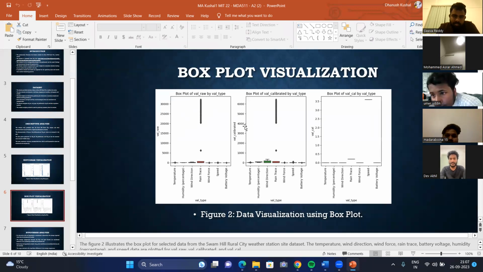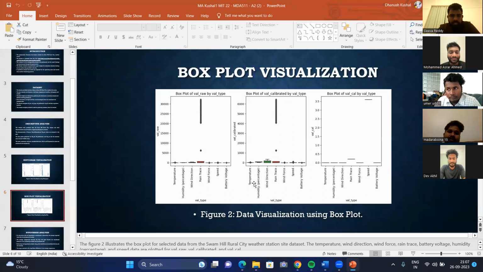Next, the second box plot, value calibrated by value type, from 0 to 6,000. The value types are temperature, humidity, wind, rain, wind force, speed, and battery.